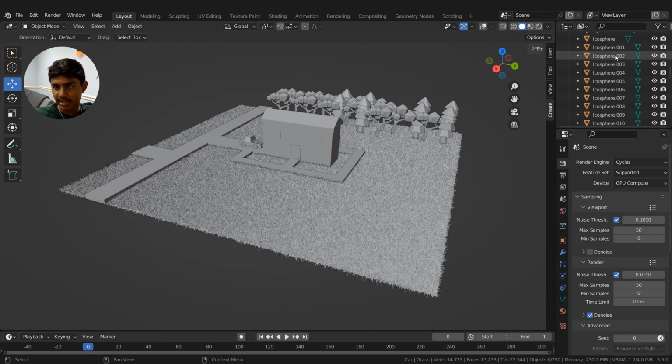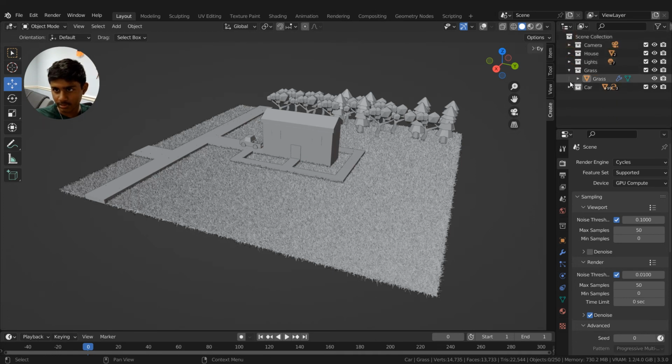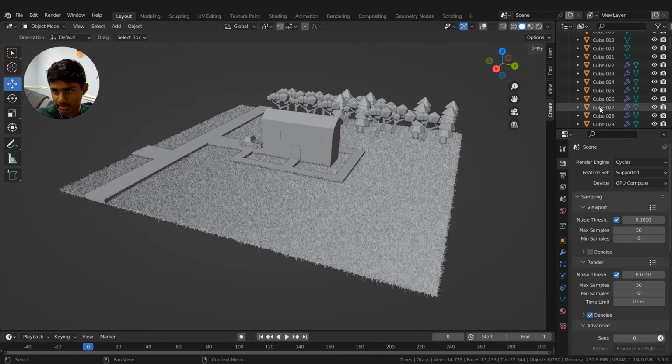You see all my icospheres and my cylinders. We're going to make all of that into one group named trees. So we're going to shorten all of these. Now I'm going to make a new collection and we're going to name that trees. Now I'm going to go back into car and starting from